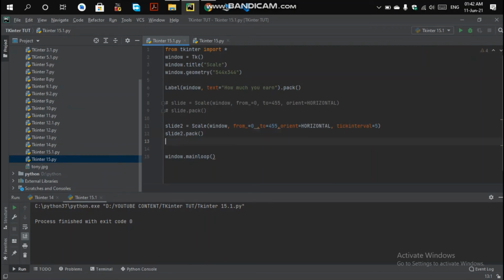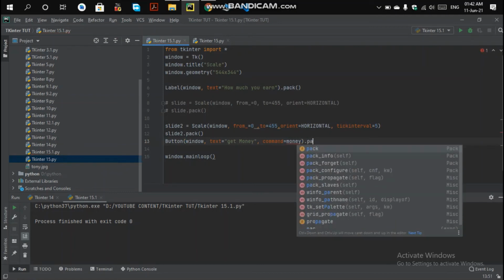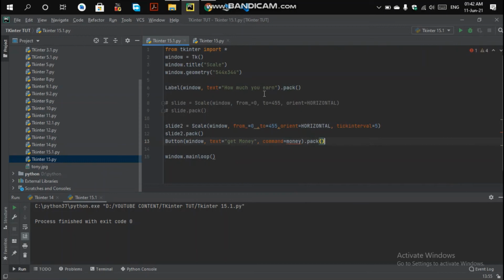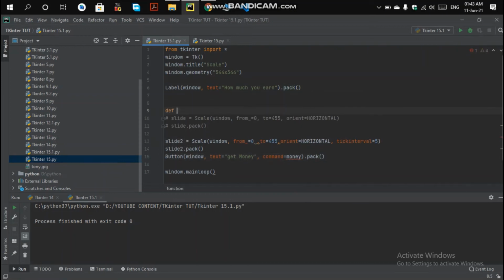And I am creating a button here also. So the button is placed into the window, and text is equal to get money. Okay, I am writing it get money. The next argument will be the command, which is what I want to call. So command will be the money function I am going to make. So pack it and create the function.